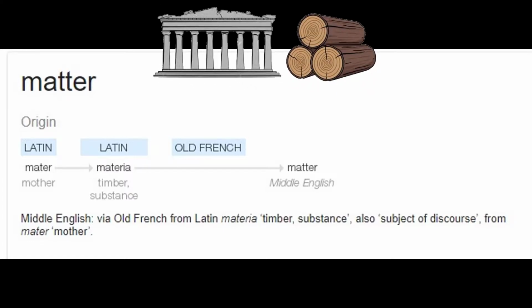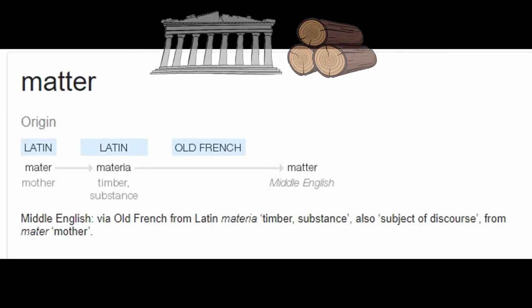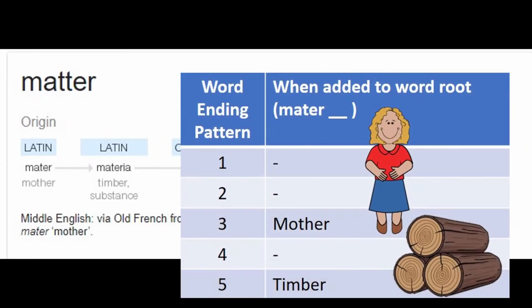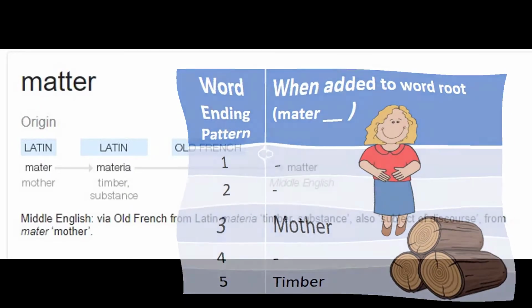The ancient Greeks came up with the concept of matter but didn't have a word for it, so they just called it wood. As the Greeks began to fade, Rome rose to power. Their language was very compact and they could change the meaning of a word by selecting different endings. They had developed 5 standardized ending patterns known as declensions. If you wanted to refer to someone's mother, you would use the third declension. If you wanted to refer to what is inside an object, you'd use the 5th declension of the word matter.